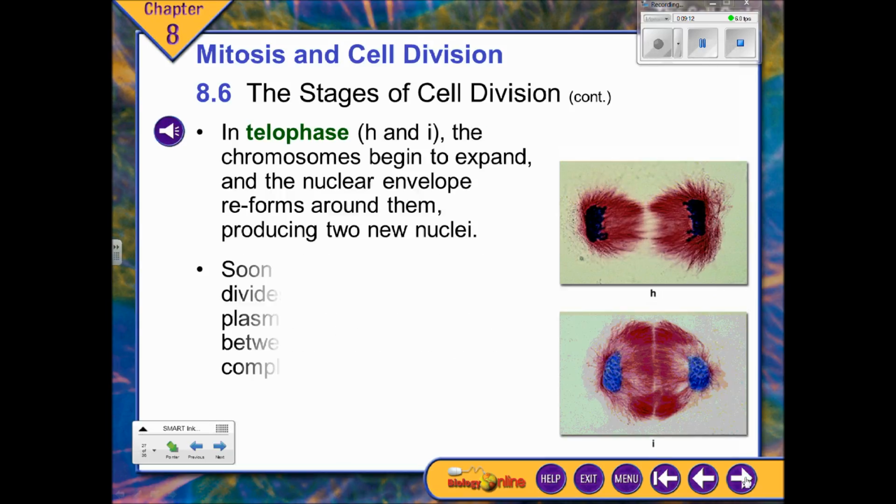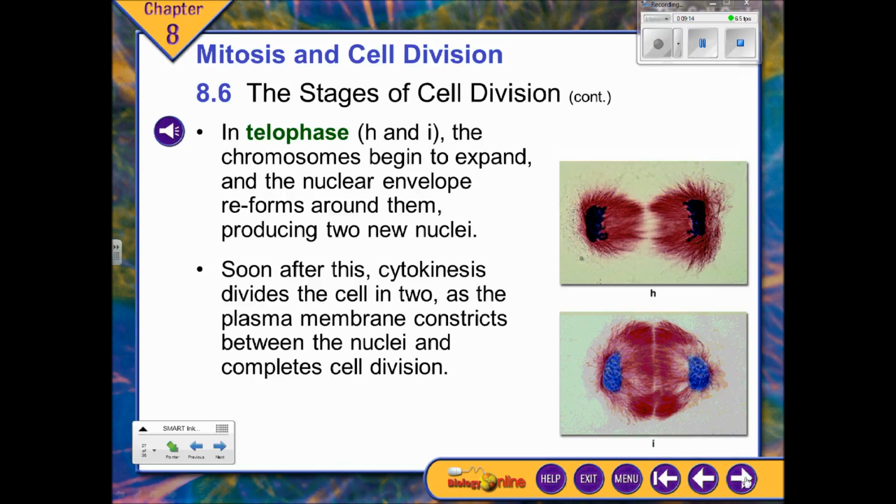Then the last one is telophase. And notice cytokinesis, really the later part of telophase, has already started. So many times they're happening at the exact same time. Okay, the difference: telophase is talking about the stage of the chromosomes where they are rebuilding the nucleus, because mitosis is division of the nucleus. Cytokinesis is division of the cell. So they're going to happen simultaneously. The nucleus is starting to reform, meanwhile the cell is splitting in half.